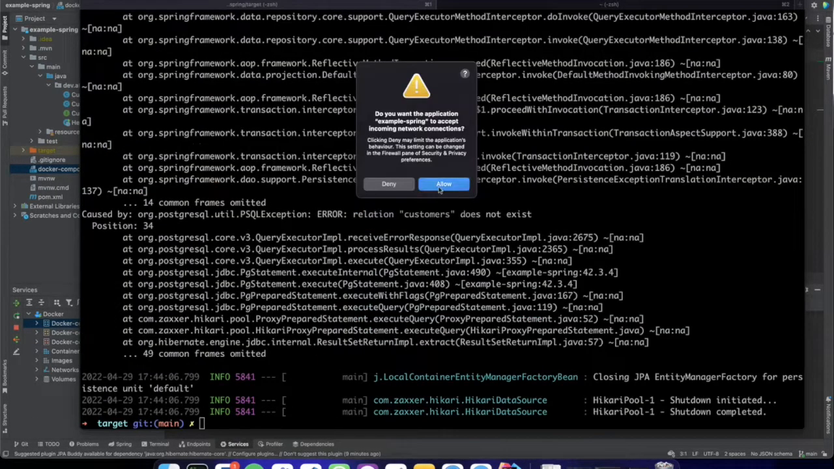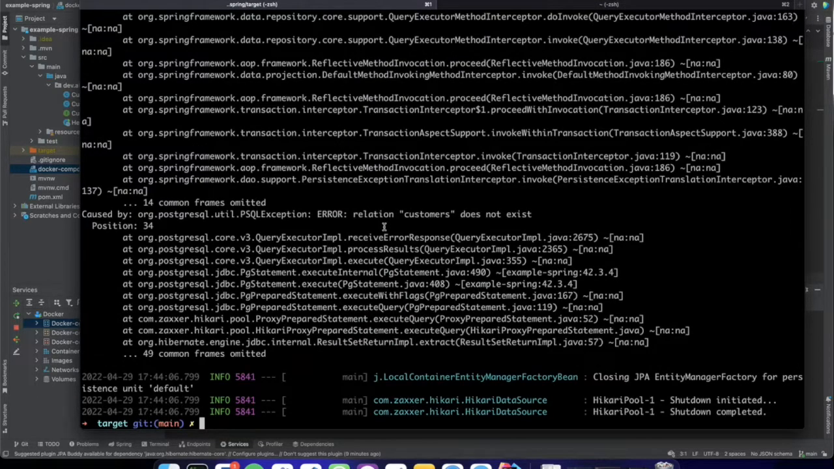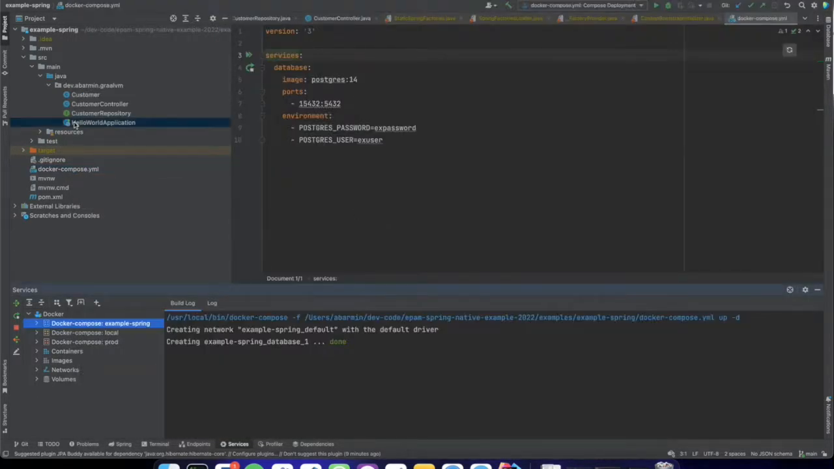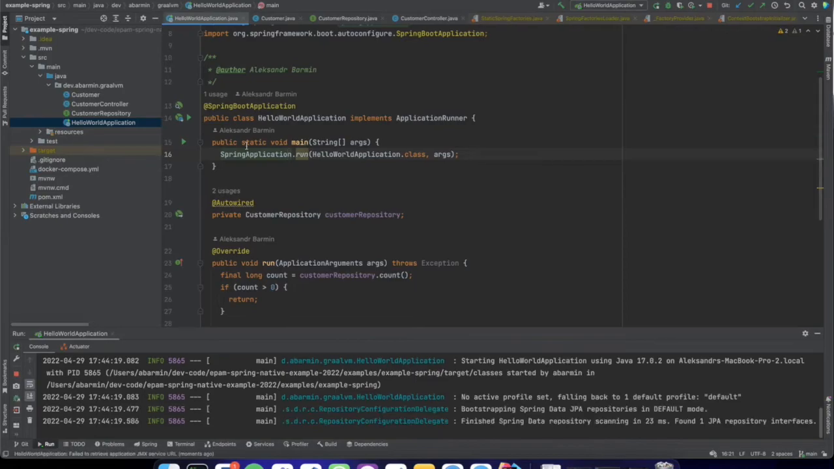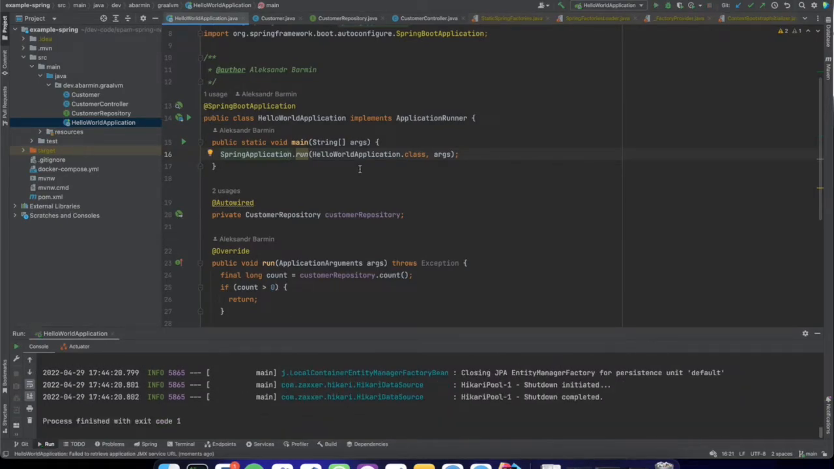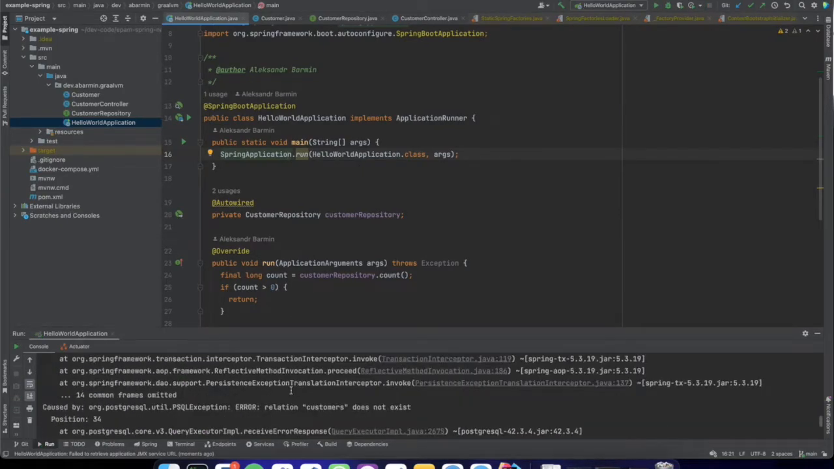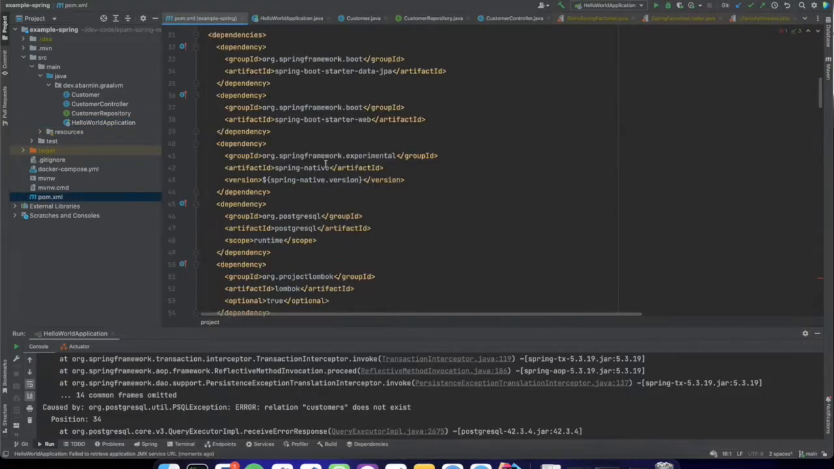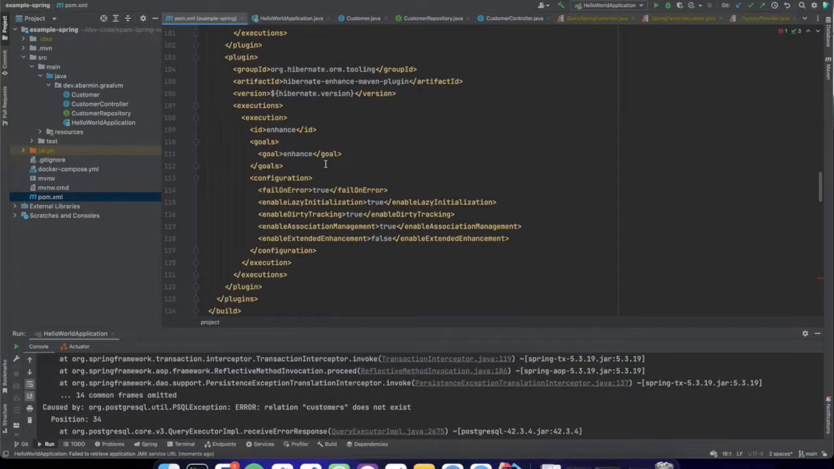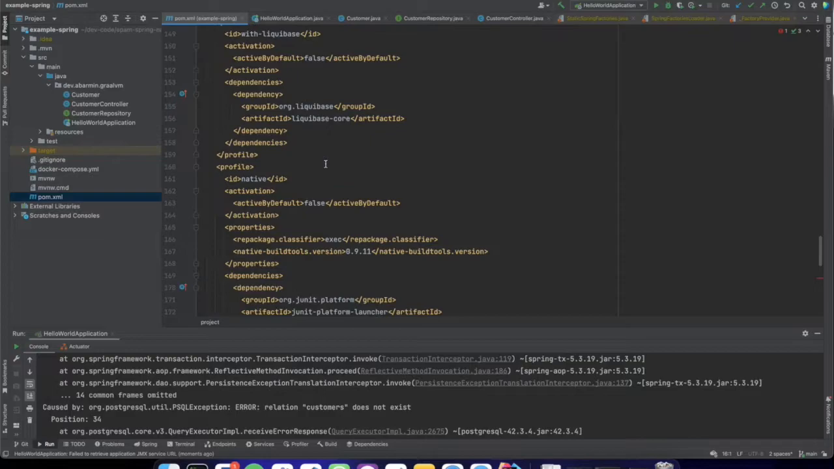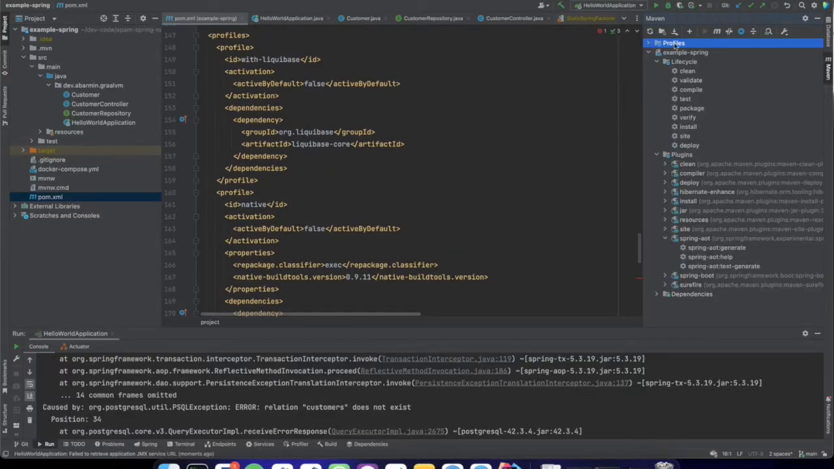Why? Customers does not exist. Okay, there are some limitations, unfortunately, so I have to run my ordinary version of the application. Why isn't it working? Relation customers does not exist. Oh, come on. I know why it is not working. I will explain in a minute. It is not working because